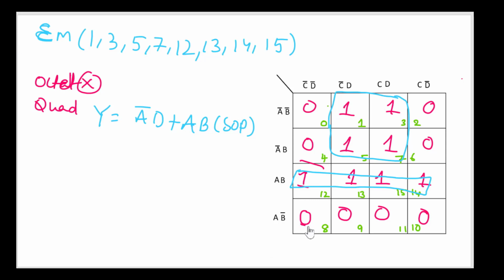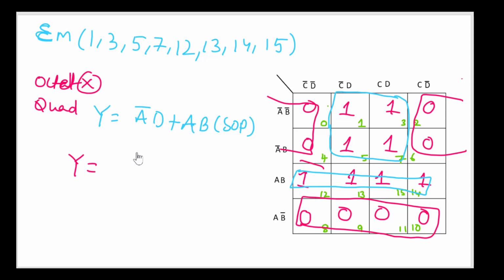So this can form a quad of 4 zeros, and you can form one more quad, something like this, these 2 zeros and these 2 zeros. If you write the expression for pass form, for this it is A bar plus B. For this quad you have to write your C, and C bar is getting